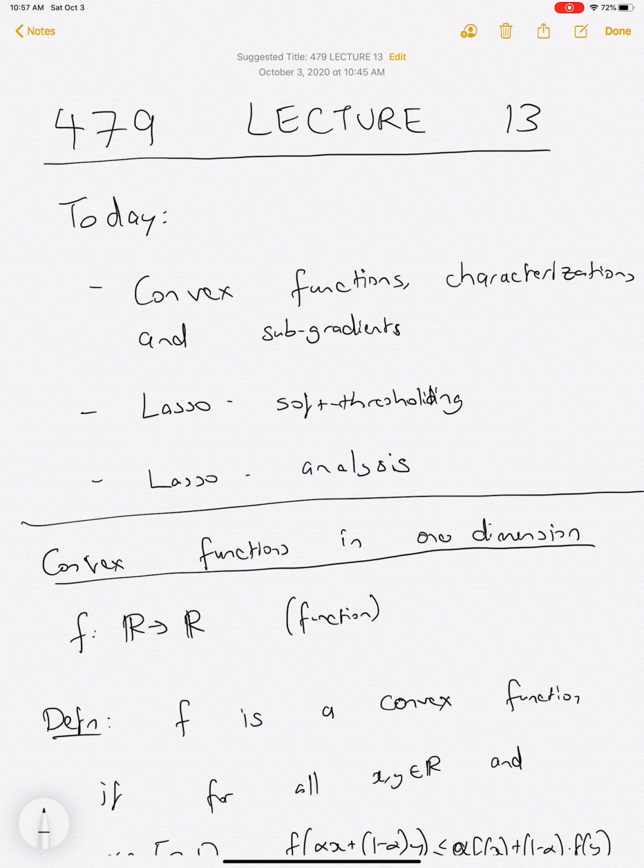We're in the middle of discussing regularization, in particular, one very important regularization algorithm related to the lasso or L1 regularization. So for today, I'm hoping to finish the discussion on the lasso, but the first thing I'm going to do is to just spend a short amount of time, maybe 10 or 15 minutes, just discussing convex functions, in particular characterizations and subgradients,